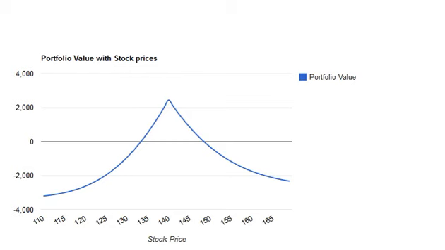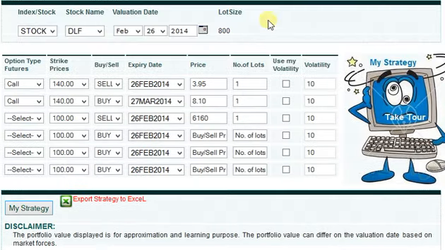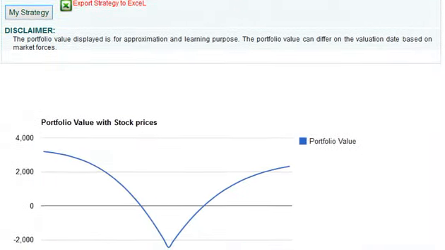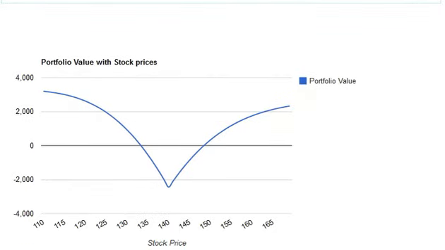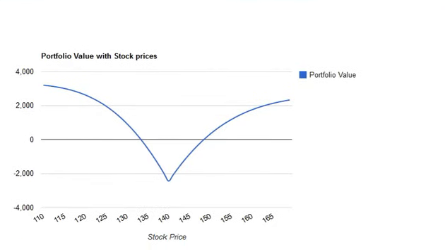So similarly, we can create other combinations, like if we are expecting the market to go anyways, like during elections. So we can take some other strategy like this one. So we are reversing the direction in this case, so we can see that if market can go in any direction with very high value, we can select this kind of strategy.